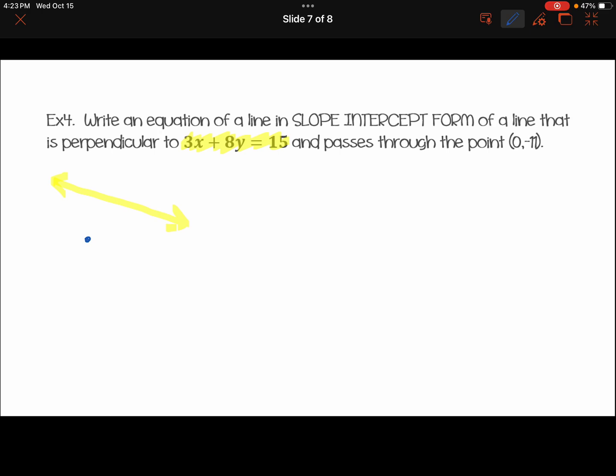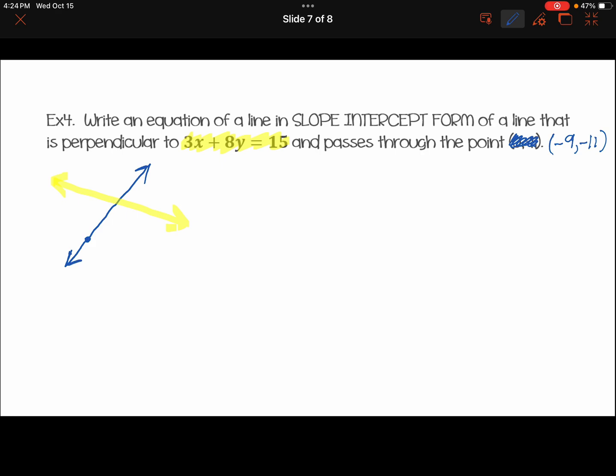Let me look. Nope, the point in your foldable, that's what I thought, was not the y-intercept. If it was the y-intercept, that would have made this really easy. But the foldable point is (-9, -11). So let's go ahead and fix that. Okay, so now let's go ahead and finish this up. So random point, I want it to be